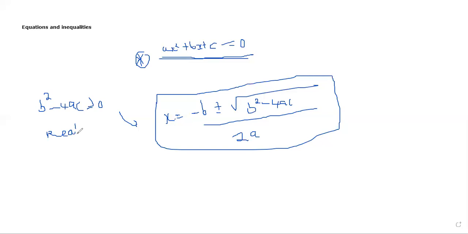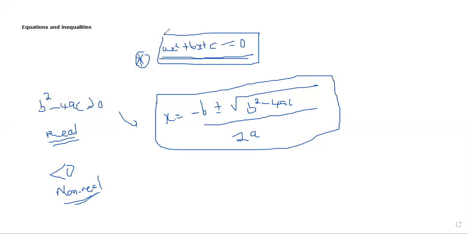We are still going to do nature of roots on the next video, right? If what is under the square root is greater than or equal to 0, those roots are real. But anything less than 0, those are non-real roots. For now, just know that we'll dive more into this on the next video. If you substitute, where will you be getting the a, the b, and the c? You'll be getting them from the standard form.